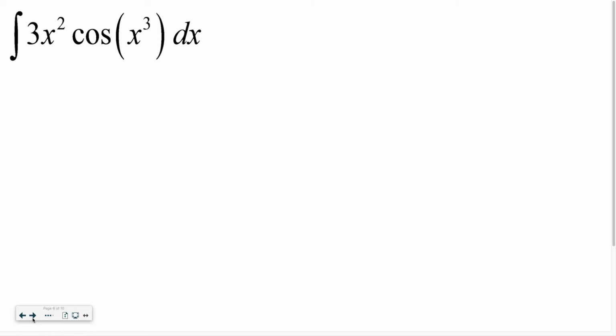Okay, so what I notice is that we have a composition multiplied to a second function. You see that? What is the composition piece? The cosine of x cubed is our composition. All right? So what we need to look at,